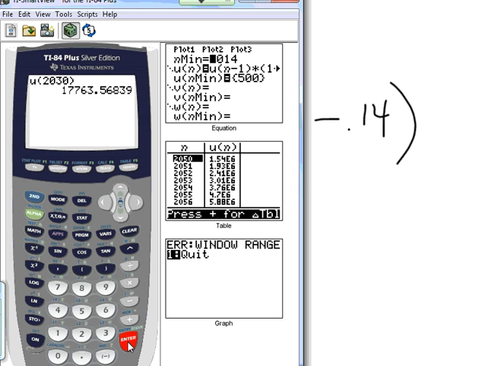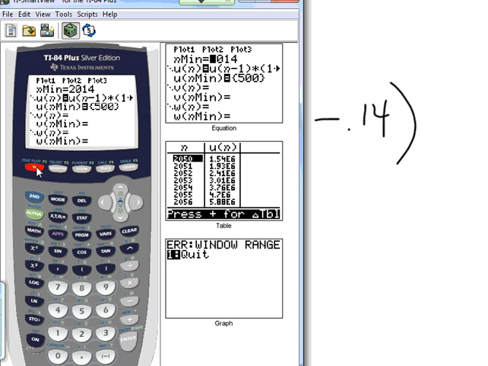So I think we've covered most of what we need to cover here to make sure you're able to handle these problems. I want to give you a new problem from the start, so everybody go back to your y equals. And now I'm going to give you the problem parameters, and then you change your calculator to match it. In the year 2010,